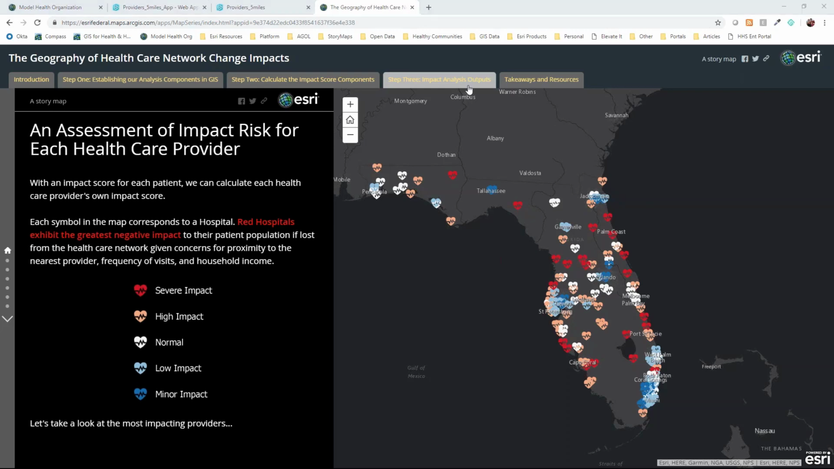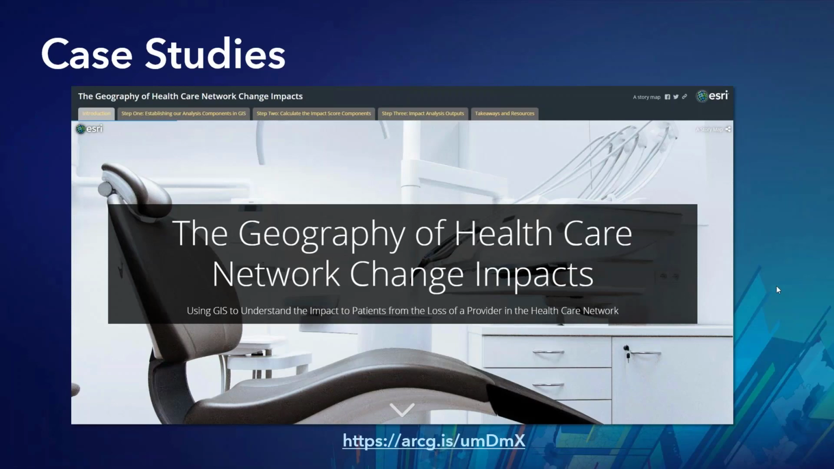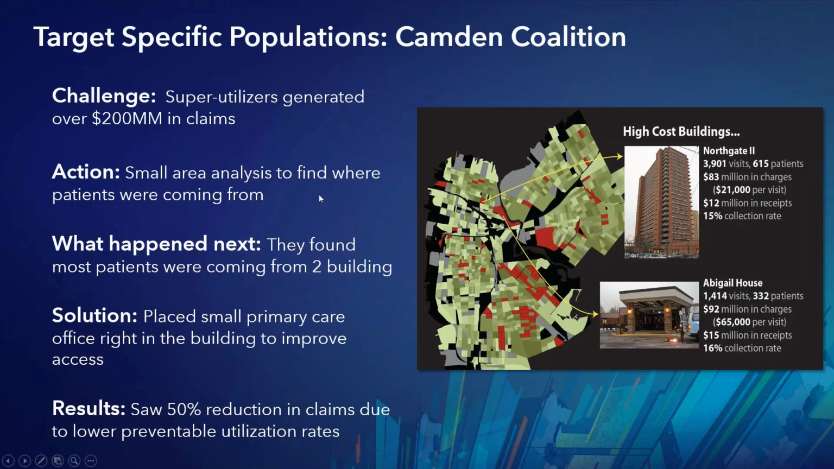Here's another example from the Camden Coalition, where they were looking at where to address some healthcare concerns, and really they were trying to get at super utilizers in the area. So they did some small area analysis using GIS tools and found that most patients were coming from two particular buildings in the city. So they thought out of the box and placed a small primary care office directly in that building to improve overall access, resulting in a 50% reduction in claims due to lower preventable